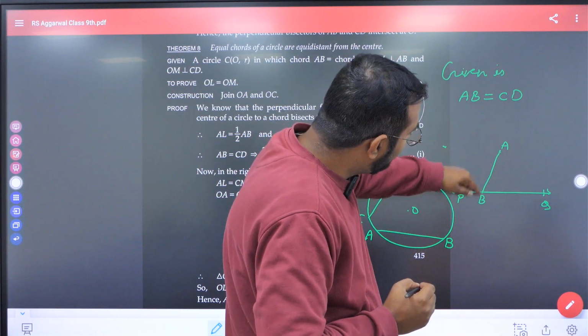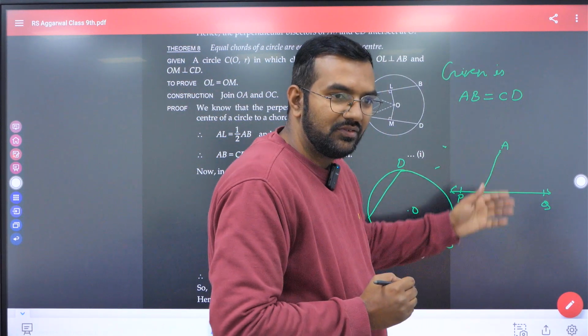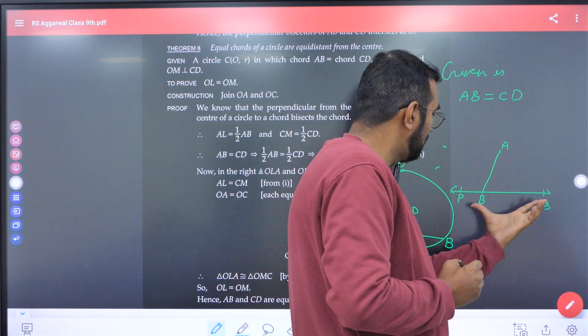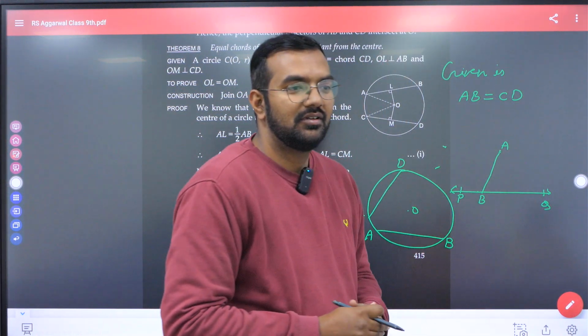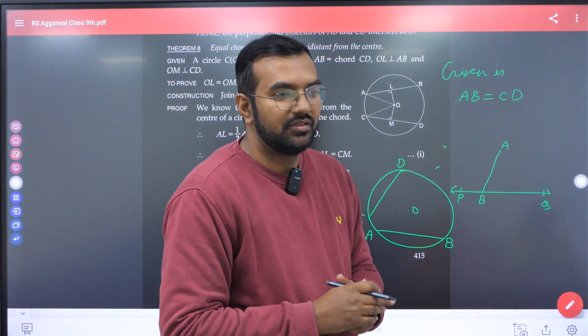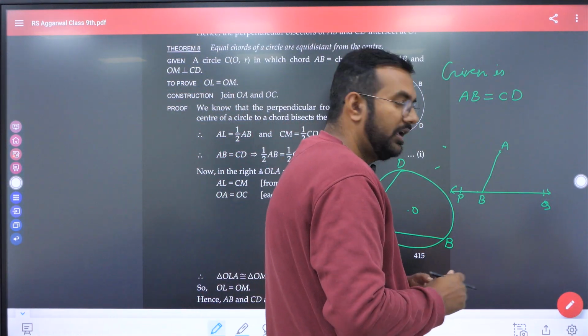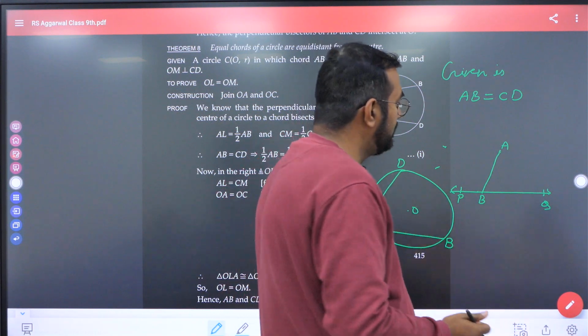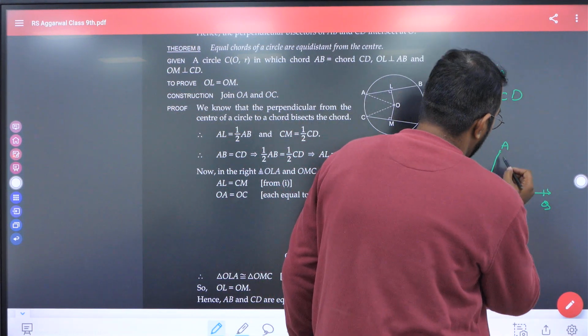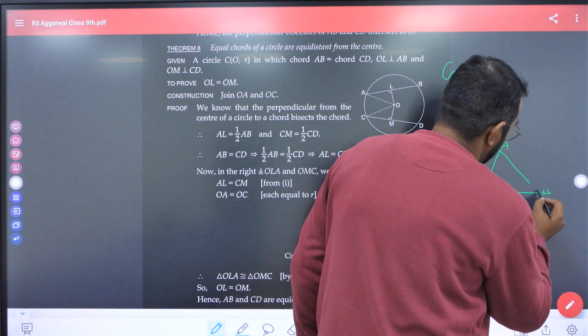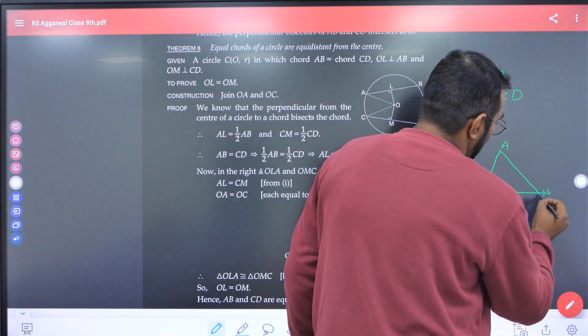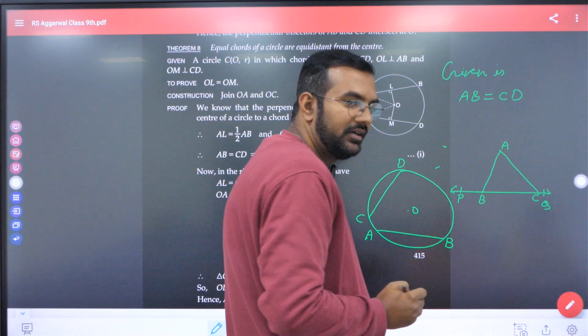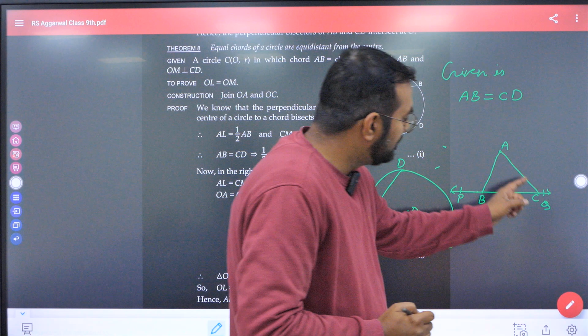The length of this line is the distance from A to PQ. Ritik, are you getting my point? And another student draws another line like this, and that student is saying AC is the distance,